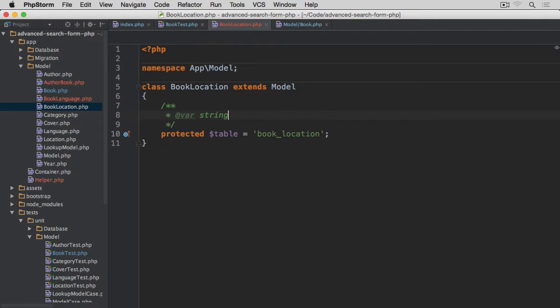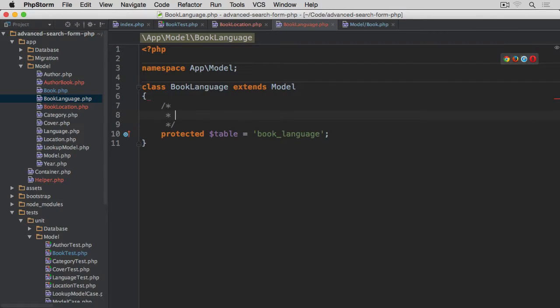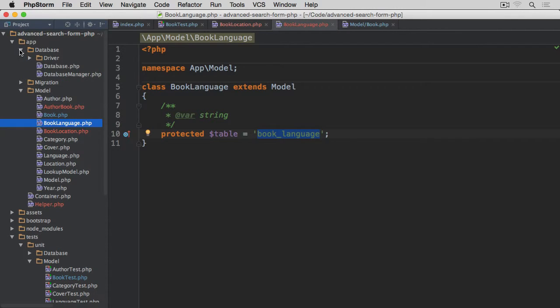Let's add dog blocks, string. I'm not sure if I added dog blocks here. I didn't, so let's quickly do this as well. It's a string. These lookup tables, if you're unsure where they're coming from, if you open a database, sorry, not